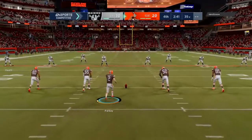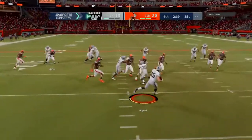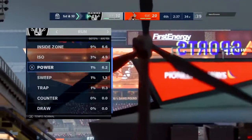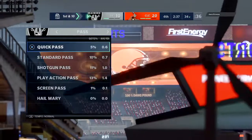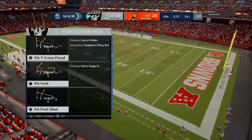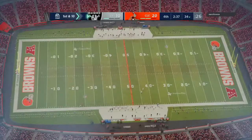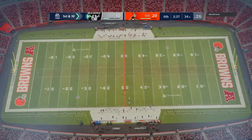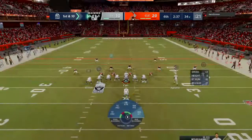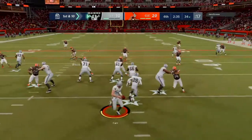Parkey now following the made field goal to kick this one off. And a short kick taken at about the 16. The lane opens here. He's past the 30. And they're going to start this drive in pretty good shape as they get it up past the 30, at their own 34-yard line. The Raider offense set to get this drive started. And the complexion of this one has changed a fair amount. That last field goal made it a 2-score game, so they need to get points out of this drive relatively